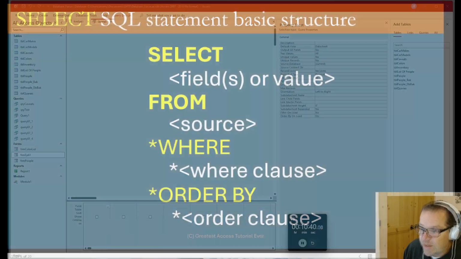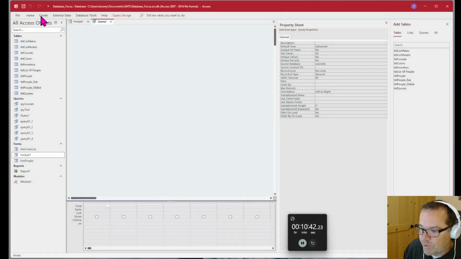For Access people, you may be wondering, why do I care to have to know how to write these simple text SQL statements? Because if you have been playing around in Access and you go to Create, Query Designer, you have a Query Designer here. So let me go back to my laptop screen. You have Query Designer here when you go to Create, Query Design. So why in the world do we need